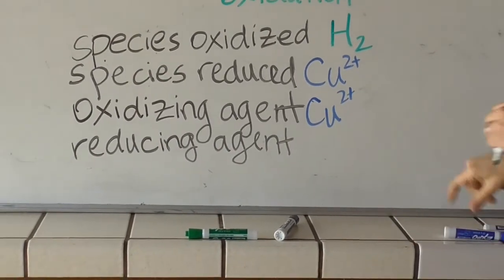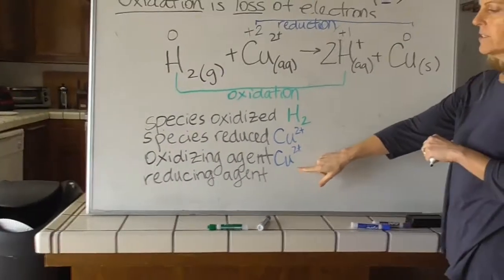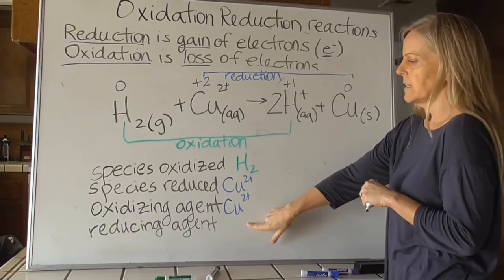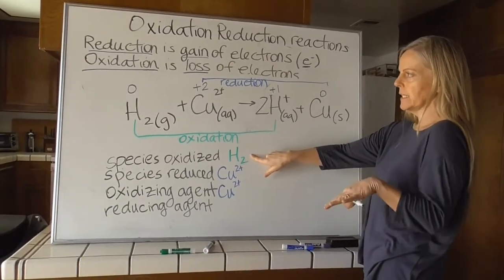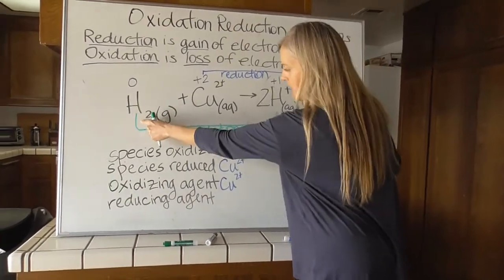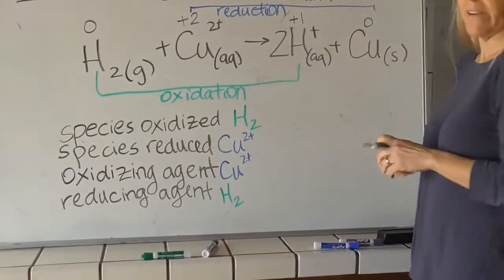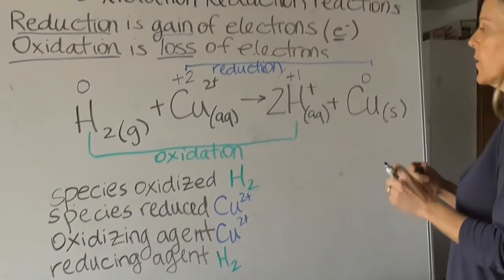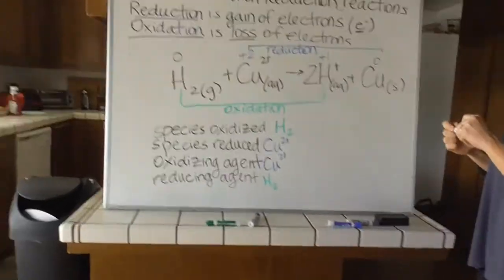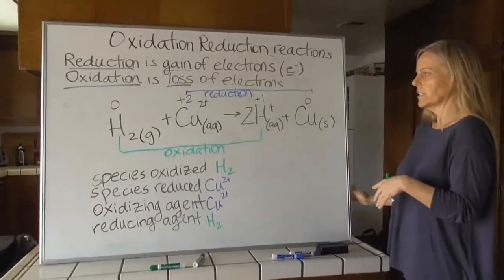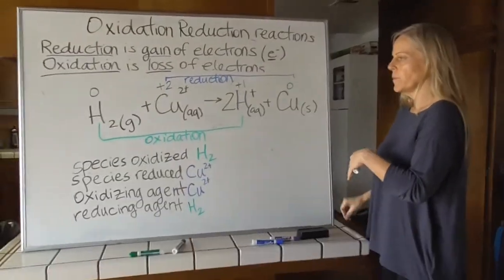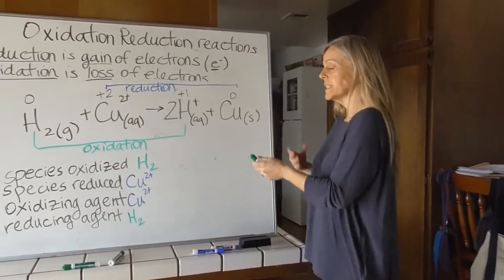And then it's kind of the same thing for the reducing agent. It's just the reactant that hydrogen was in. So hopefully those 3 examples of oxidation reduction will help you do some of the worked examples in